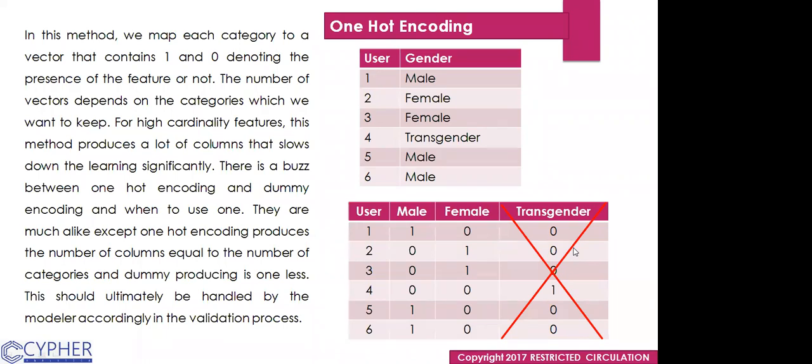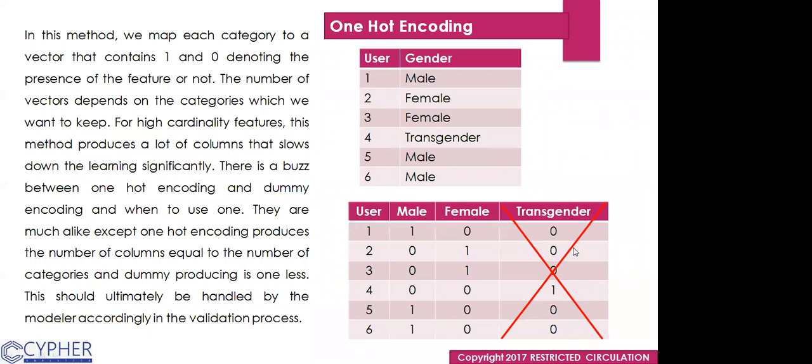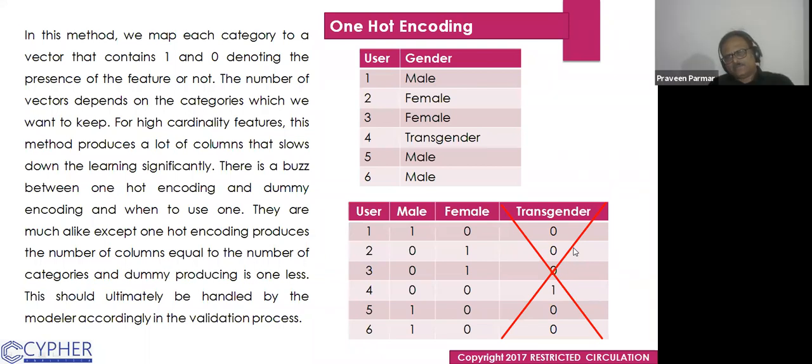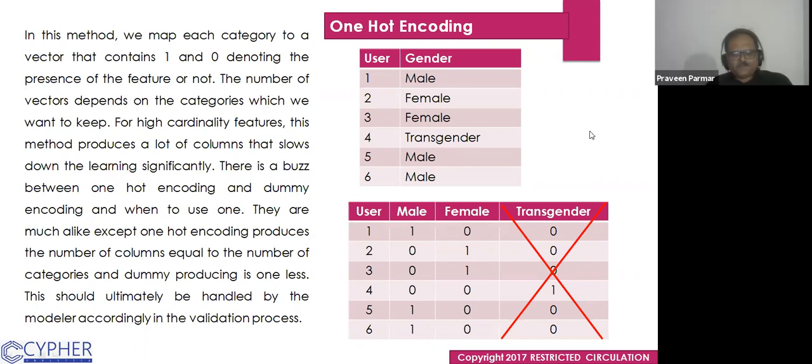Because the system only reads binary numbers, 0 or 1. No, we are using binary. Why? We could give 1 female, 2 male, and 3 transgender also. 1, 2, 3, in this way we could do. Can we do it like that? Sir, presence or absence of a characteristic. What happens if I do 1, 2, 3? I will explain.